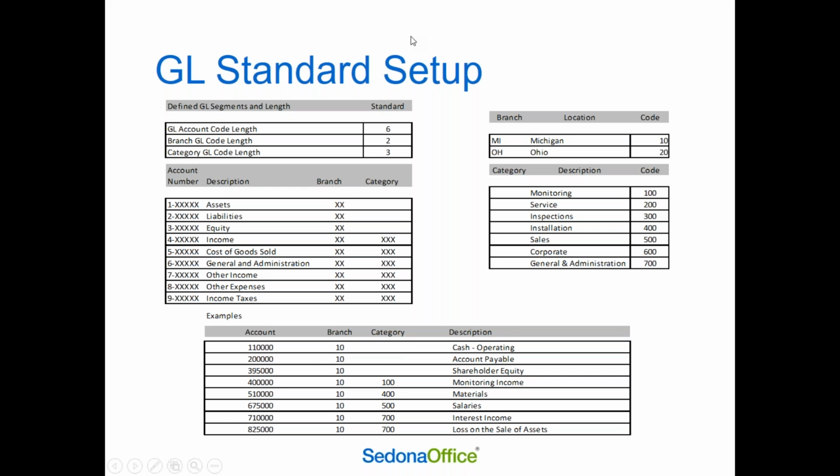There may be some questions on this afterwards, but it's pretty straightforward. Now, I'm a huge fan of having a very structured GL. It's how information flows through to your financials. So having a strong GL structure only leads to a stronger financial statement presentation when we get to that point. So we will talk about that in a second. Right now, we'll go